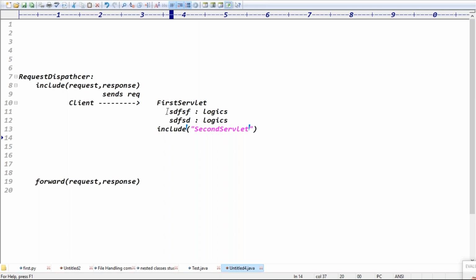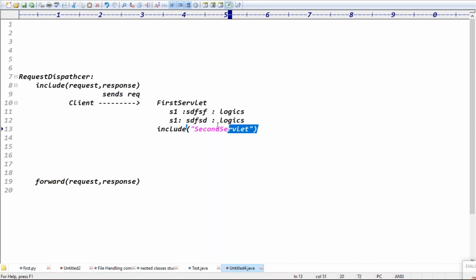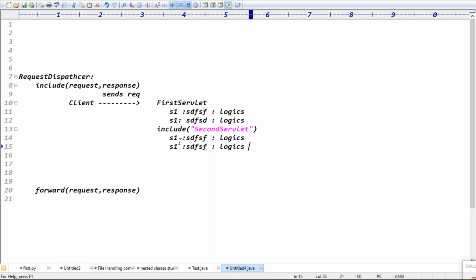This is servlet one logic, and then servlet two is executed. These two responses are added into the response object, and even the second servlet response is added into the response object. And below, if you have some more code, those are S1 logics again.